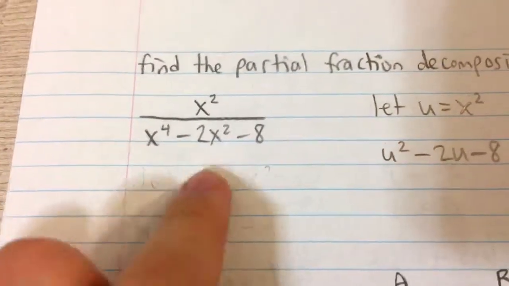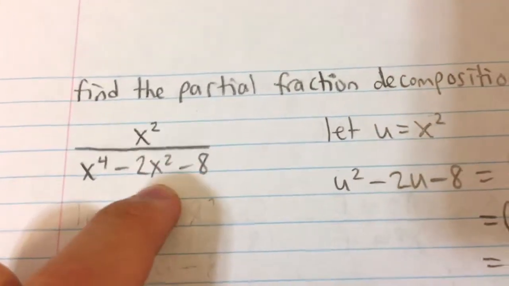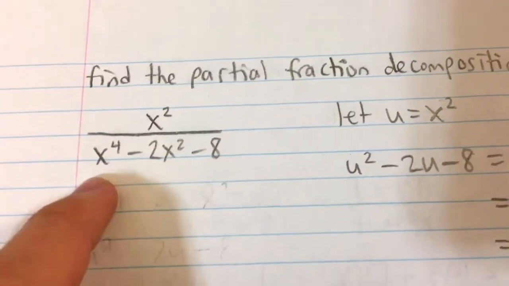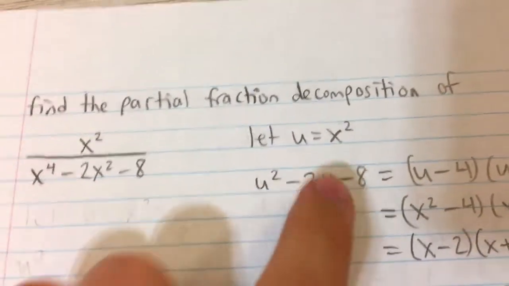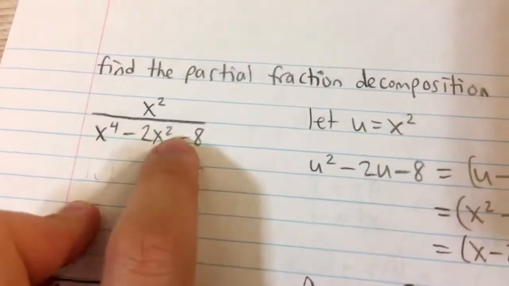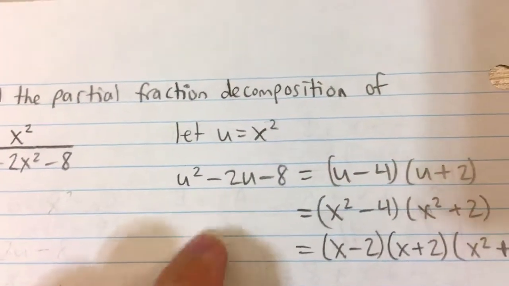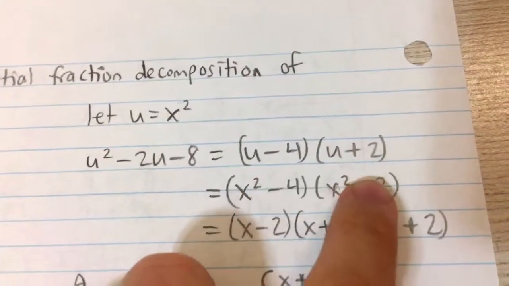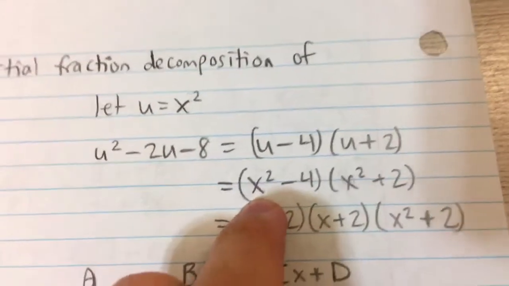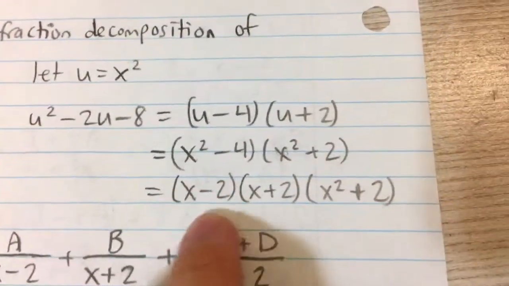But the way I chose was I recognize this is in quadratic form, meaning if I square the x squared term, I'm going to get x to the fourth. So if I say u, a new variable, is equal to x squared, I can rewrite this denominator as u squared minus 2u minus 8. And now I can factor this quadratic in terms of u to u minus 4 times u plus 2, plug back in u equals x squared, and then notice this is a difference of squares, and so this is my